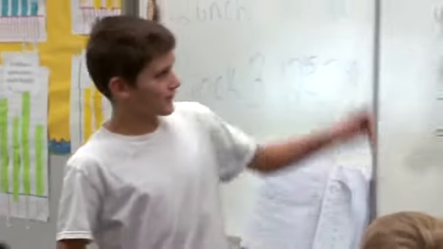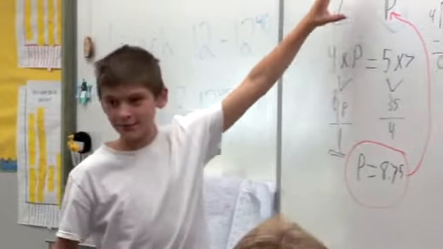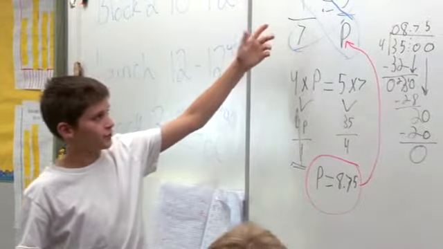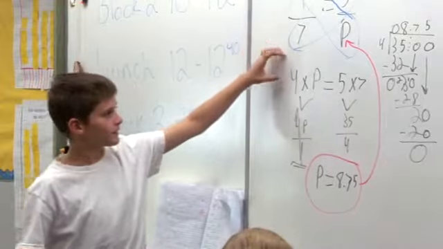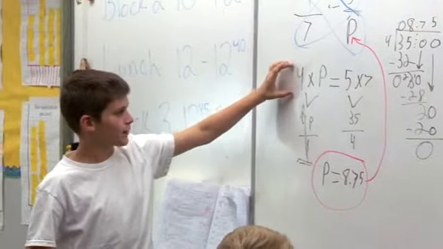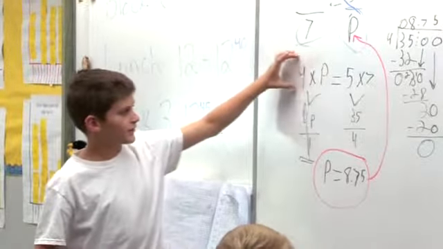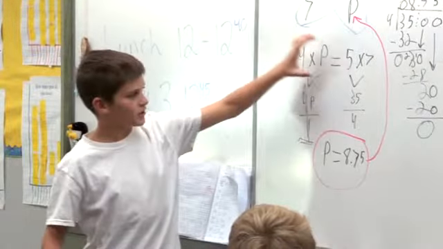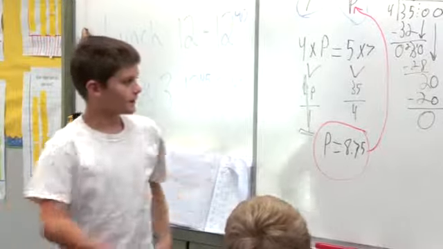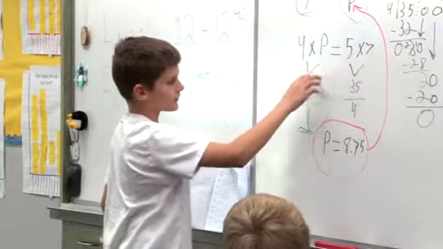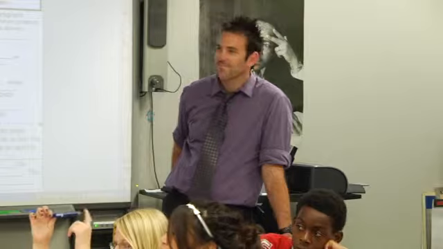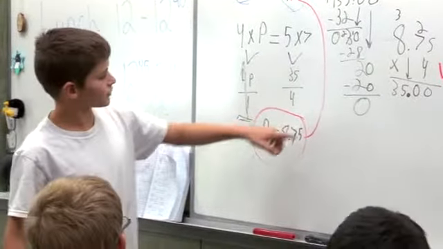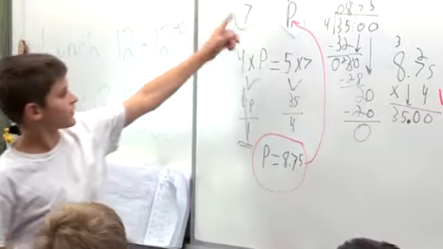Right. The first thing I did is wrote the problem down. Then I knew I had to do cross products, or another word, butterfly wings. Then I had to rewrite the cross products as an algebraic equation. Then I had to multiply this, and I get 4p. I checked my work. I came over here, and I circled my answer and I plugged it in. Then I checked it and I got it right.